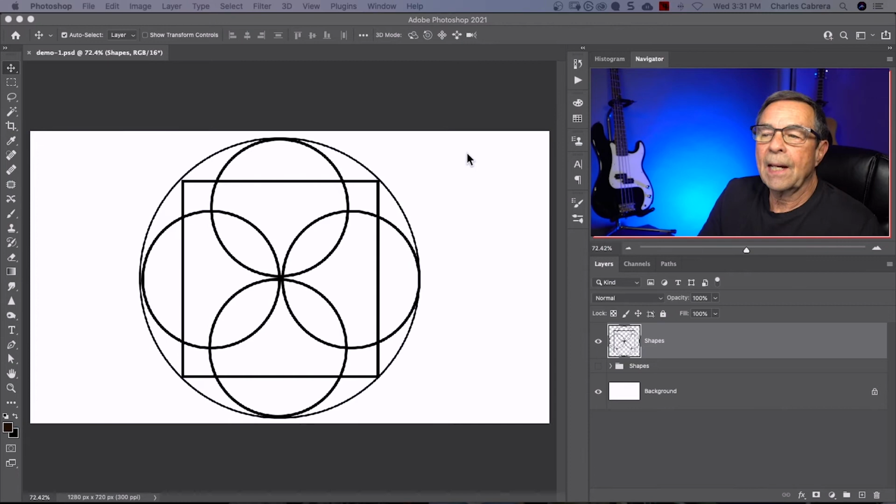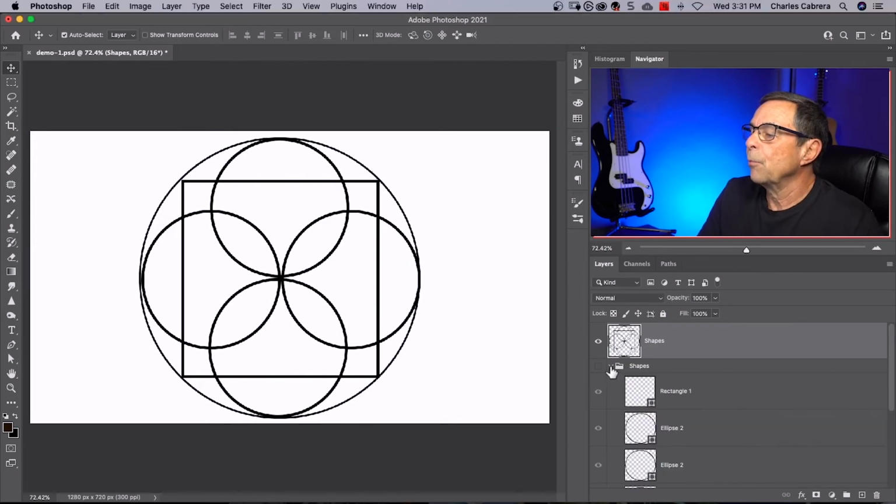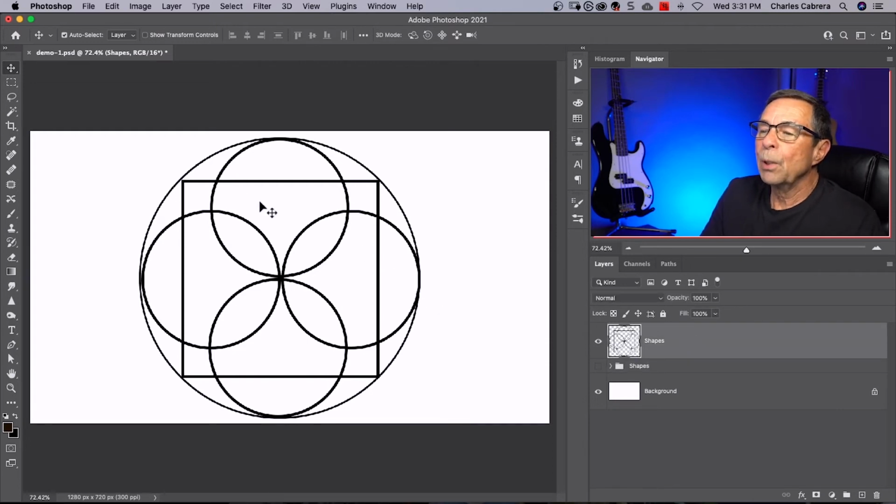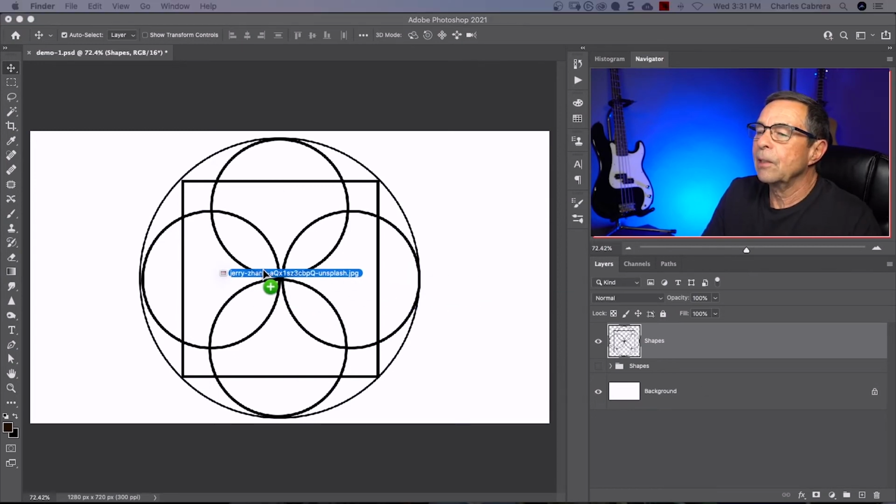Now we have a design here. We have our shapes that we made into a group, and then we duplicated that group and made all our shapes on one layer. I am hiding the original shapes group, and now I have an image that I want to actually put in all these little different areas here, and we're going to use a layer mask to help us out. So I'm going to drag this image